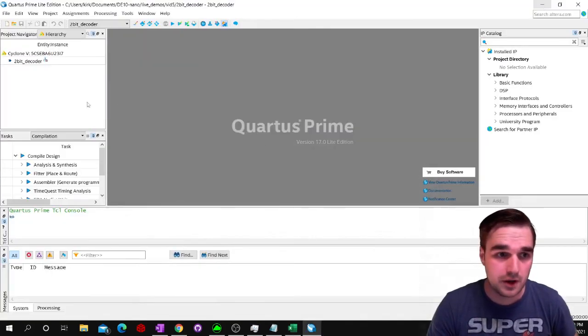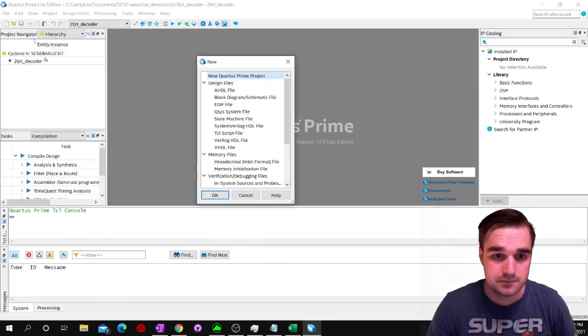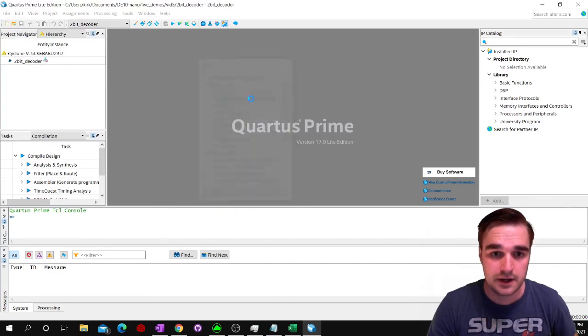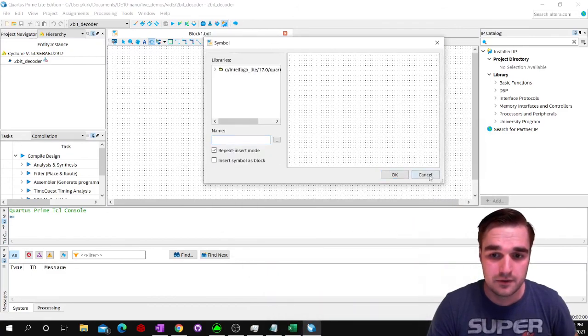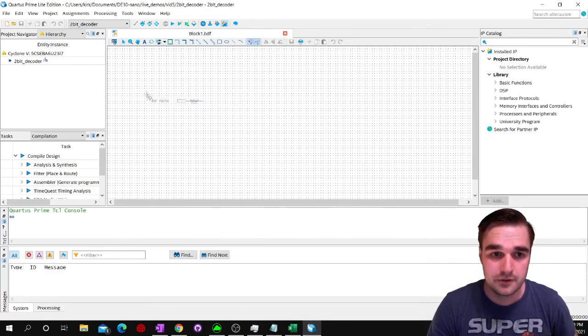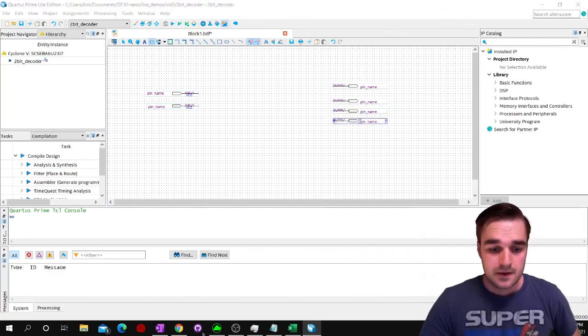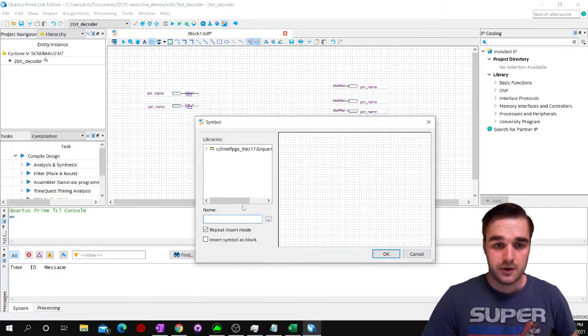We are going to be doing this on a block diagram. So here I am in Quartus Prime. I'm going to do File, New, and I will get my block diagram schematic file. And we will go ahead and get out our, well, before we do that, let's get our inputs. Great. Let's get our outputs. Great. And let's get our